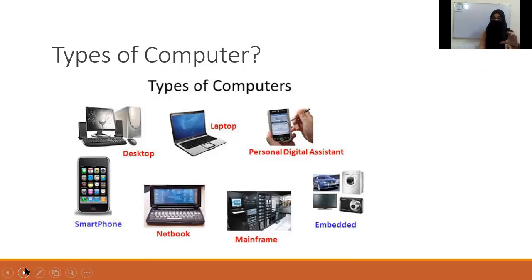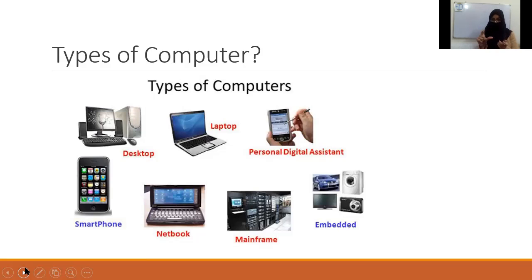And then there is the smartphone. Like this is my smartphone. So this is basically a smartphone, but it contains a computer within it, right? I can use Word in it. I can use Google in it. I can watch videos. There is YouTube in it as well. I can create folders in it. It can save all of the data which I can use in a computer. So this is also a mini computer, right? There are small watches, the advanced type of watches, in which you can insert a SIM. You can use the internet. You can use Google. You can use Skype. So those are also a type of mini computer, right?